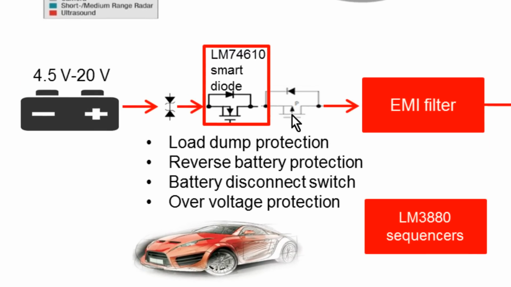Now let's start with the front end here. The front end protection is taken care of by the TVS and the smart diode. So why do you need a TVS at the front end? The TVS, which acts as a transient voltage suppressor, is used to meet the ISO 7637 Part 2 pulse standard, and the reverse protection is ensured through the smart diode here. Also, the design is tested against the CISPR 25 Class 4 regulation limit, and hence you can see the EMI filter used at the input.